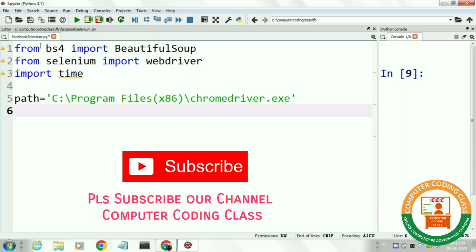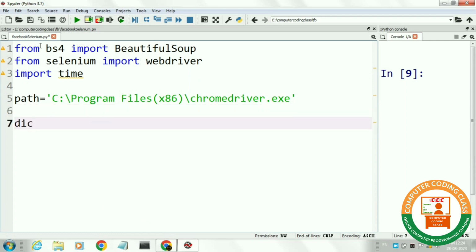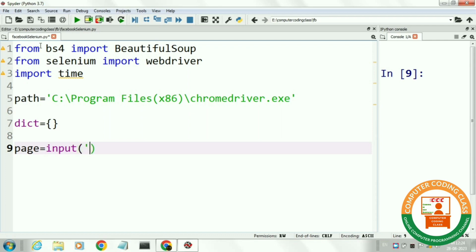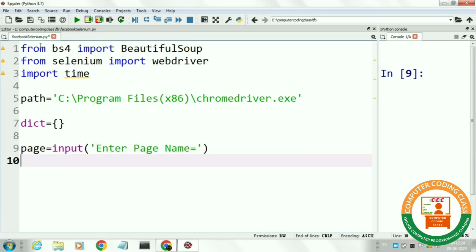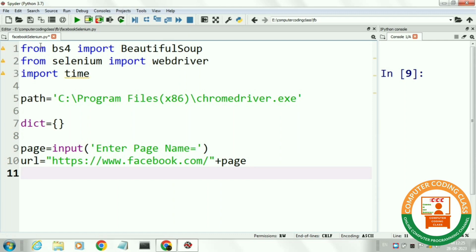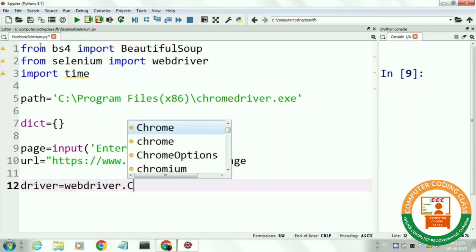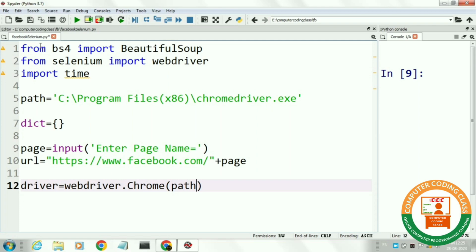Next we will create an empty dictionary. The name of the dictionary is DICT. Next we will ask for the Facebook page name from the user by using the input function, and that page name is stored in a string named page. Next we will create the full path of our Facebook page. Next we will create the object of Chrome driver and pass the path of Chrome driver as a parameter in the WebDriver